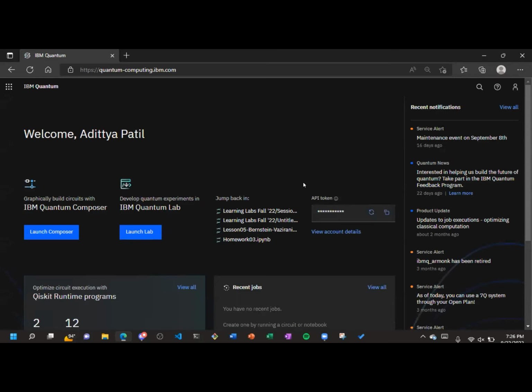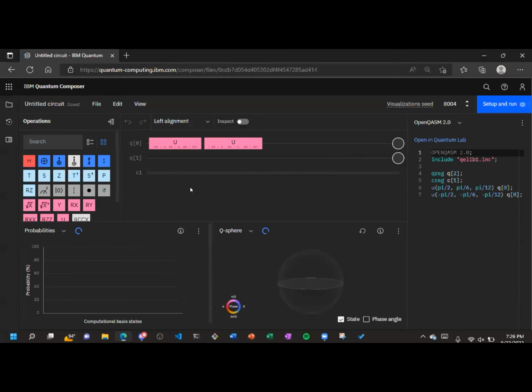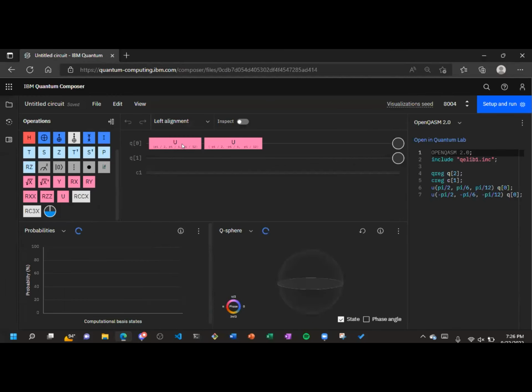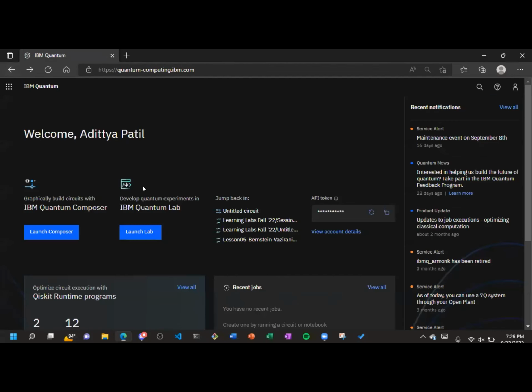Okay, so you can either go to the composer, which is what we demonstrated at the end of last class. Just a quick look at that. You can drag and drop gates, play around with those, and you can see the code off to the side. But we are primarily going to focus on running Python notebooks today, so Jupyter notebooks. So we will instead be going to the lab. So if you go to Launch Lab,